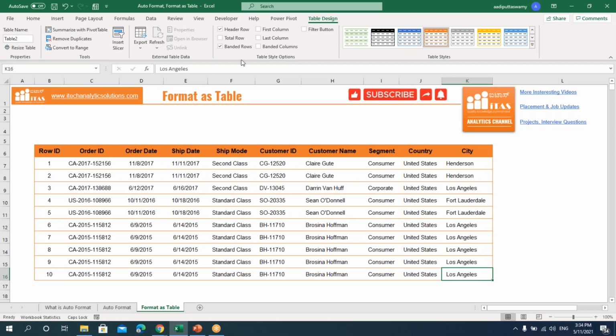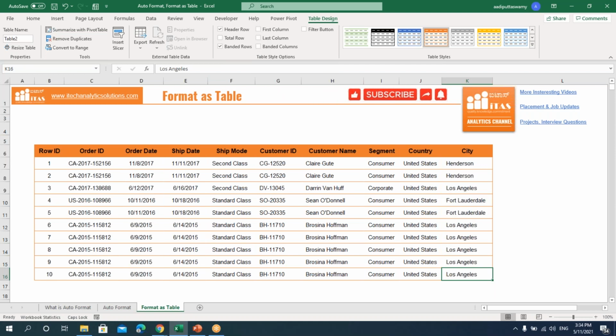If you think that I want to highlight something, you can go here, select this first column. You can see that it is getting highlighted. That is, it is becoming bold. If you want to highlight the last column, you can go here, select this last column. Banded columns, that is alternative columns here like this. You can see that I'm getting this like this.